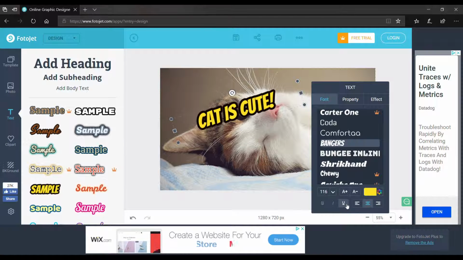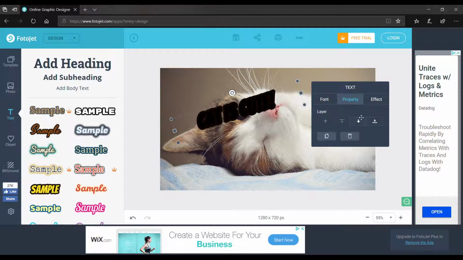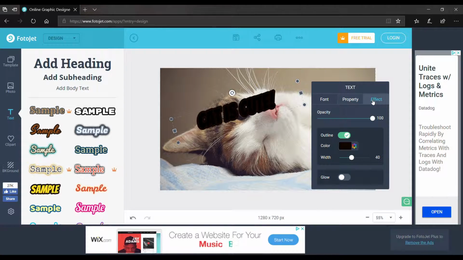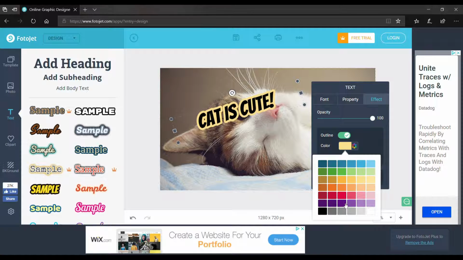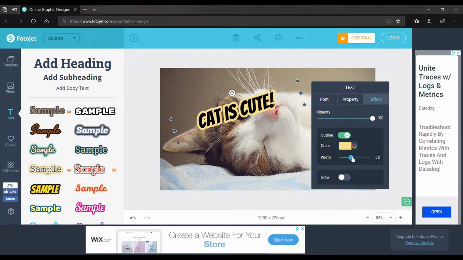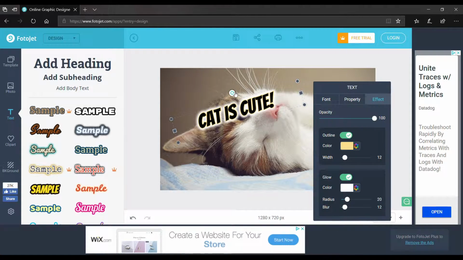You could do bold, slant, underline, then you can edit the color. So say we want to do black, and then you can do the layers, lower it. It can go up, above, different stuff. Duplicate it. Throw it in the trash can, and then you can do an outline of, say, that. If you want to make it wider, thinner, you can have a little glow action, and what people do for their thumbnails to kind of stand out. Get a little blur effect,